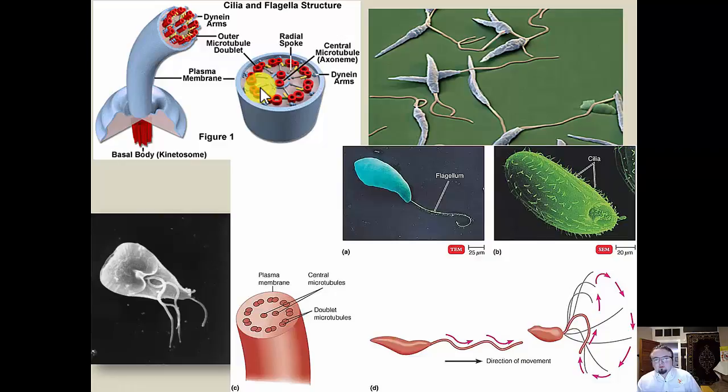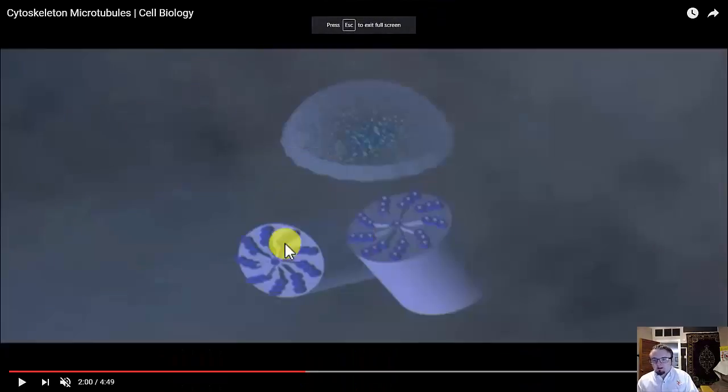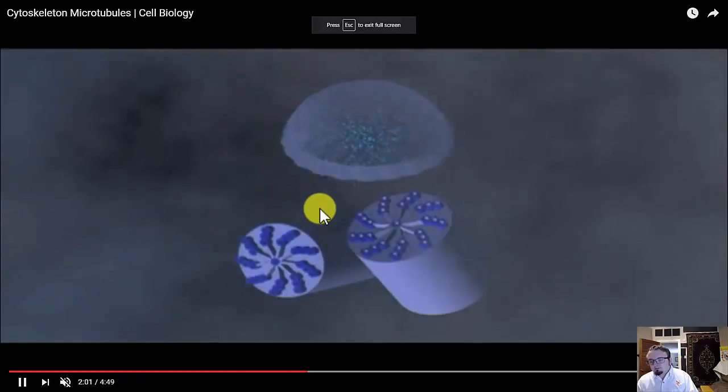Now, the way this works, these microtubules will actually glide past each other and allow the tail to move in a variety of directions. Okay, real quick, let's take a look at a quick animation here on mute. This is going to show how the flagella begins, how it extends, and then how it moves up and down. So here we're looking at the beginning of the flagella formation.